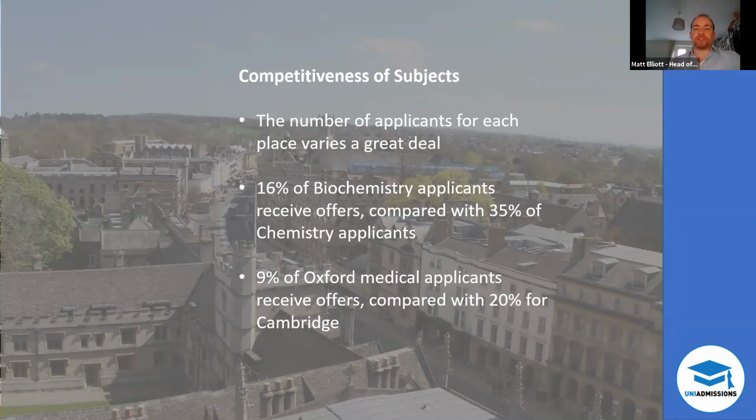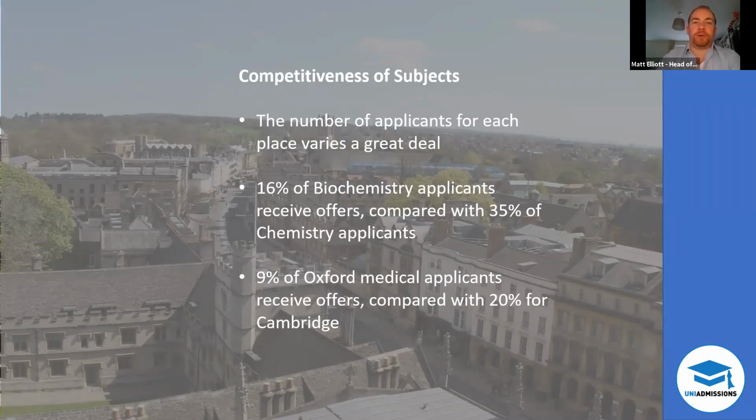So if that's what you're interested in, applying for chemistry is a slightly less competitive course. It may be that you have a better shot there. It's worth thinking about whether you are absolutely wedded to the idea of having that bio bit on the end, or whether you want to apply for straight chemistry and then make it as biological as you can once you get there in terms of your choices.